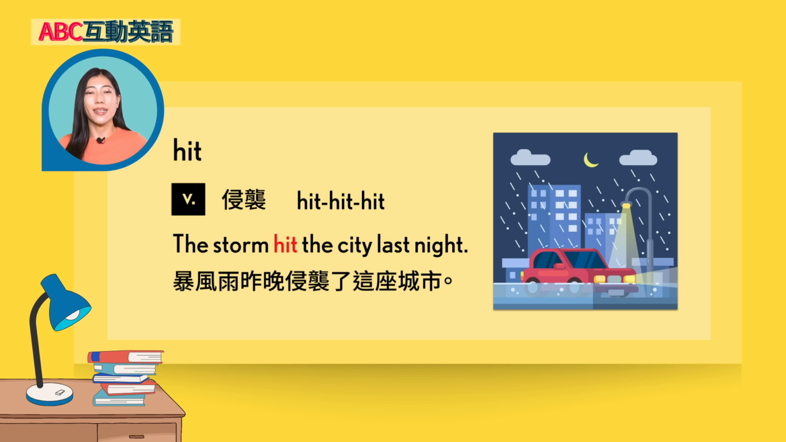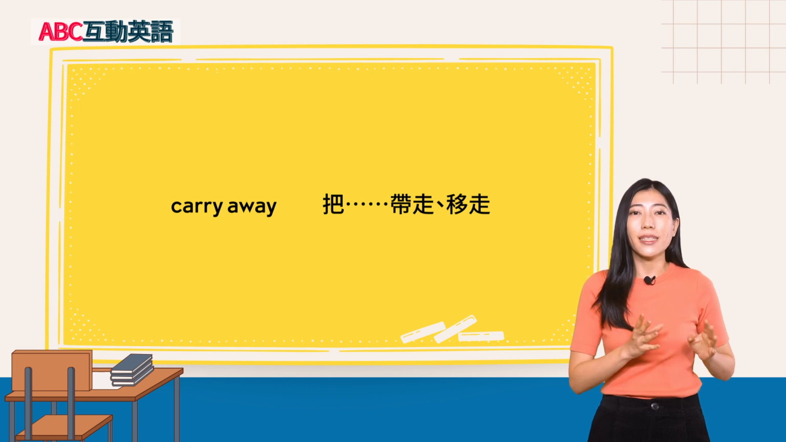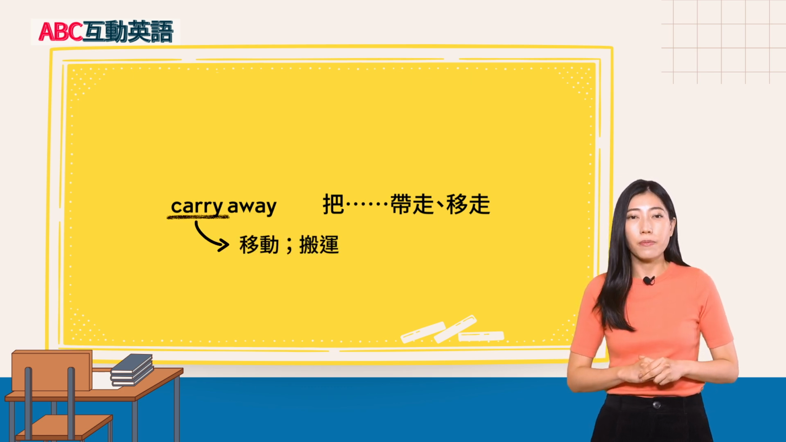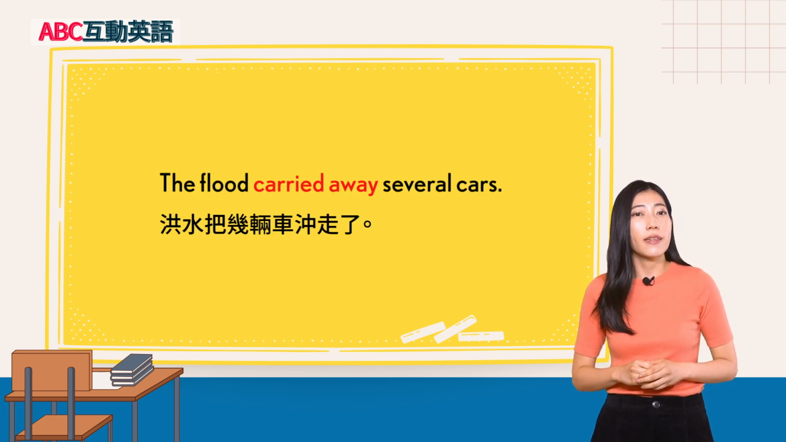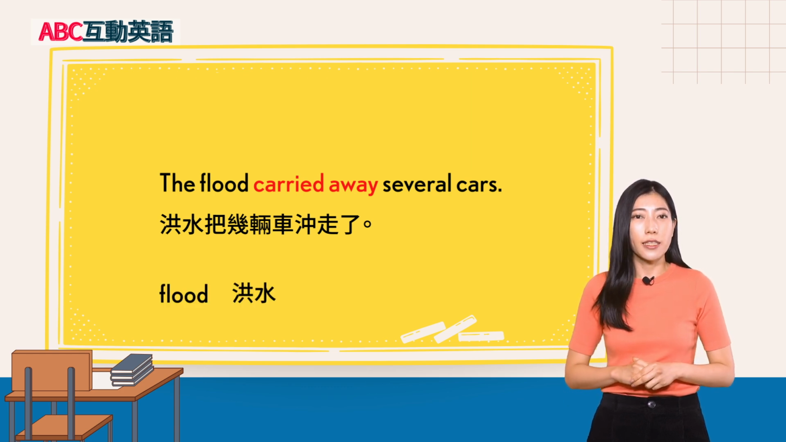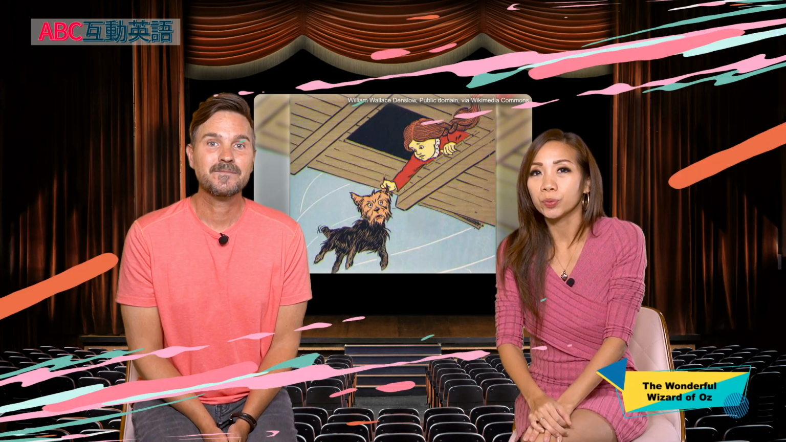暴风雨昨晚侵袭了这座城市。我们再来看一下文法重点。刚刚课文提到了 carry away，把什么带走、移走。carry 在这里指的是移动、搬运。我们来看看这个例句：The flood carried away several cars. 洪水把几辆车冲走了。Flood 指的就是洪水。那接着我们回到课文当中。